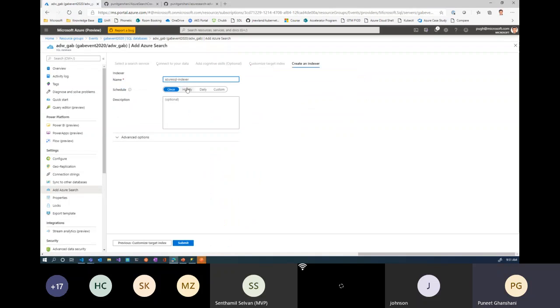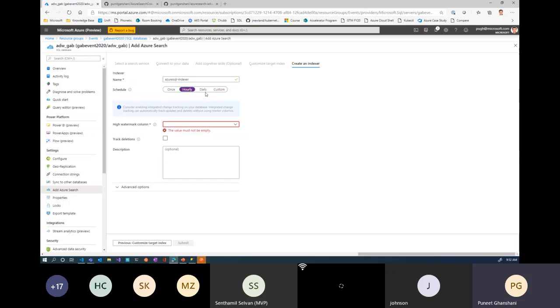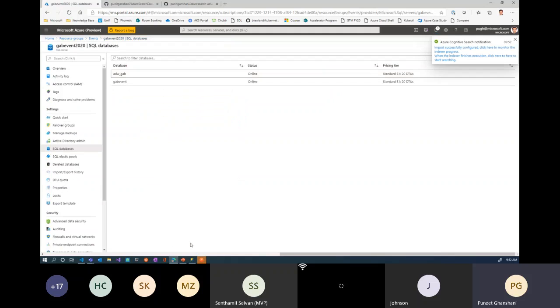As an indexer, I have an option to say I want to run once, I want to run every hour, I want to run daily, I want to have my own custom values. And when the data changes, I want this to be refreshed. So I can find a modified date and say, monitor the modified date. As soon as the modified date column changes, the new data will get ingested. And all I need to do is click submit. So every 1 hour, the indexer will try to pull the data out of my database, check for modified date, and if there are any new changes in the data, it will bring it back to the